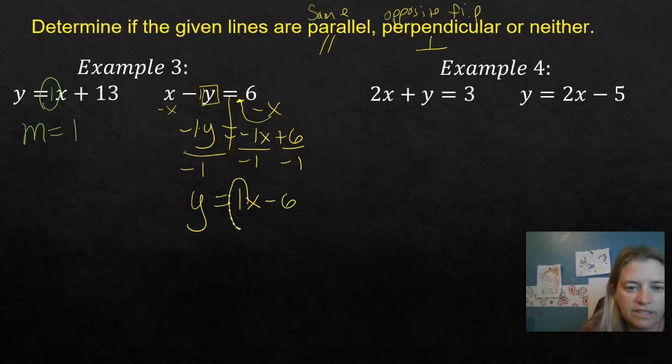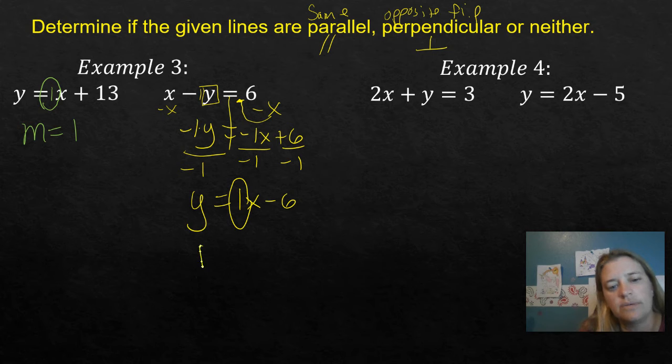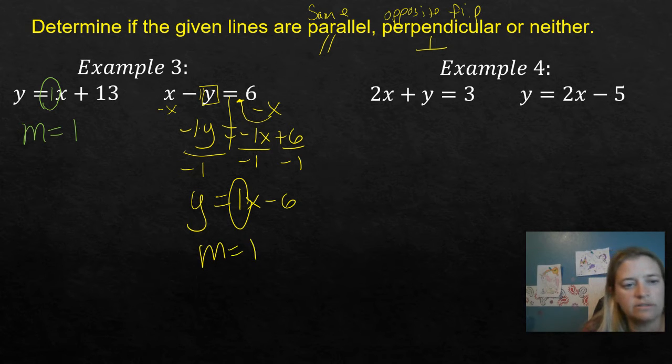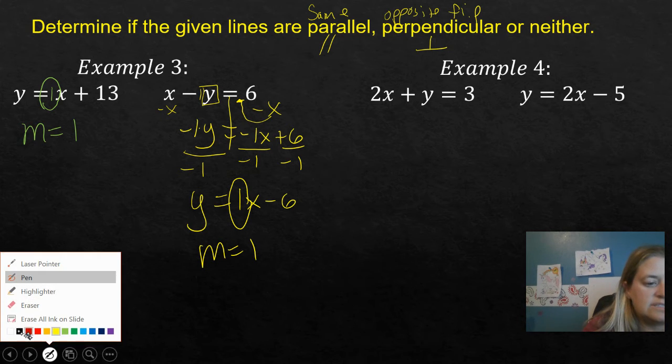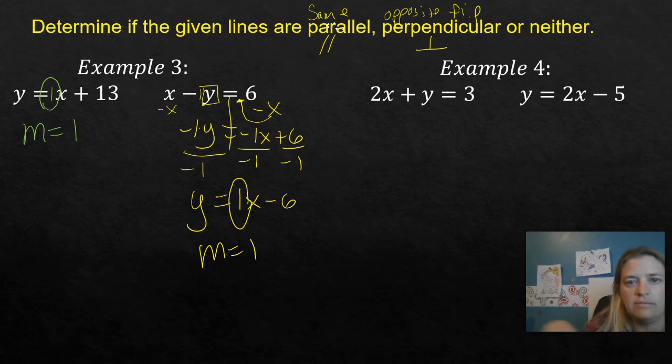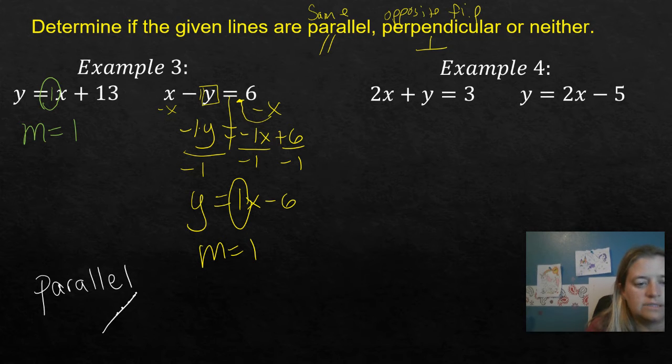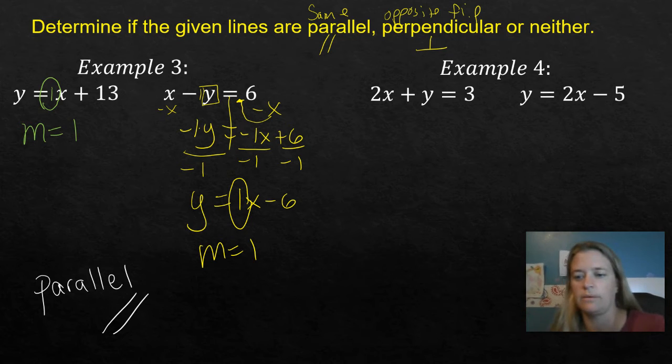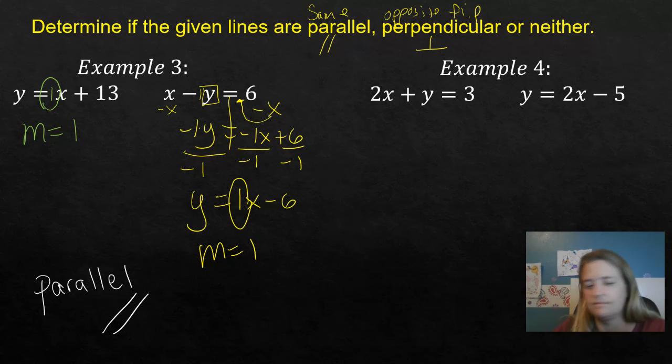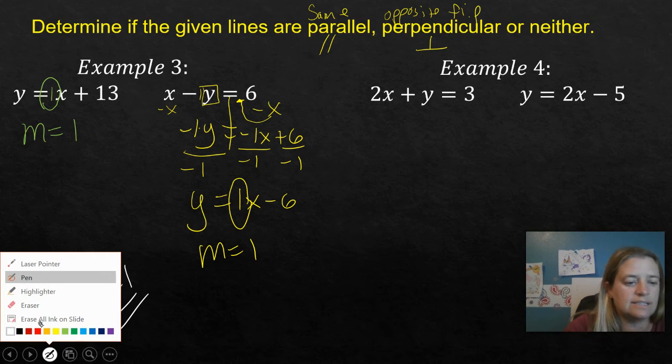So then when we look at this equation of this line, we get a slope of 1 as well. So since these two things are the same, m is 1, we know this is a parallel line. And I like to use this symbol because I'm lazy and I don't want to write that word. Okay. All right, so the next example,